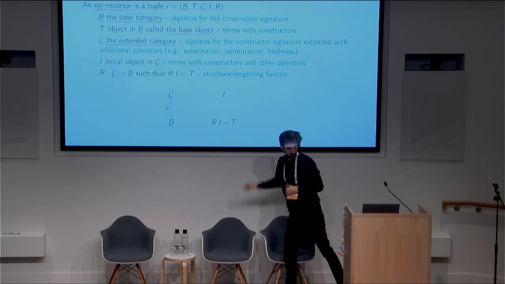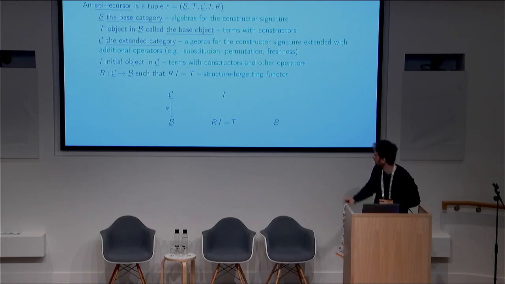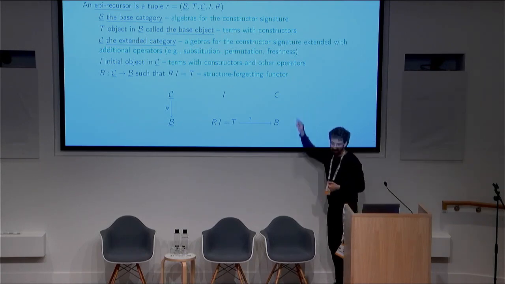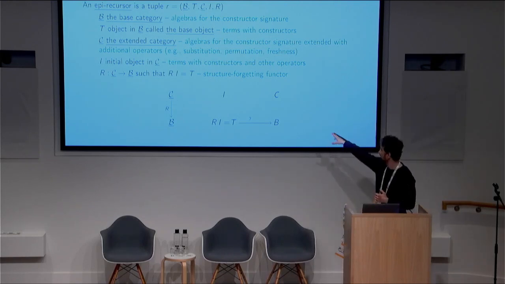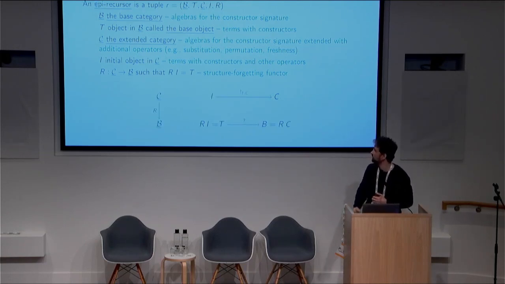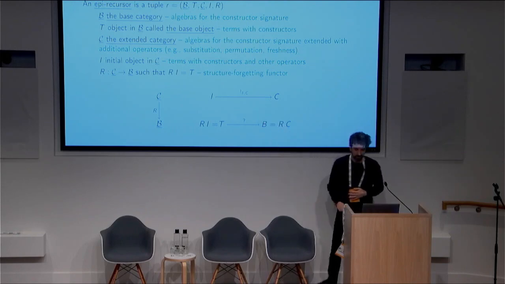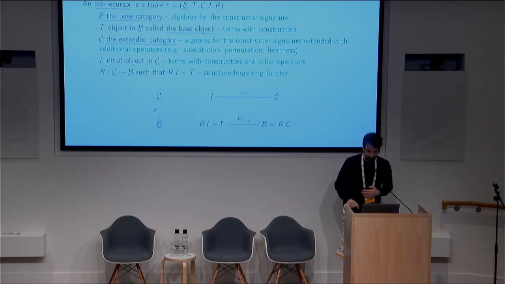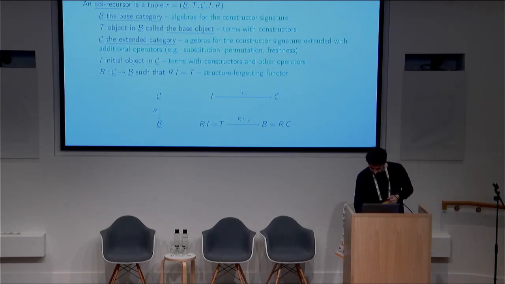When we want to define a function recursively from terms to some arbitrary set B, let's say, which is an object in the category B together with constructor-like operators, what we're doing is we get help from above, so to speak. So we extend this constructor algebra here to an operator algebra, and we use the initiality, which is the recursion theorem in this extended category, and we just take the restriction of this. So R is the forgetful functor that forgets the additional operators that were only used to prop recursion.